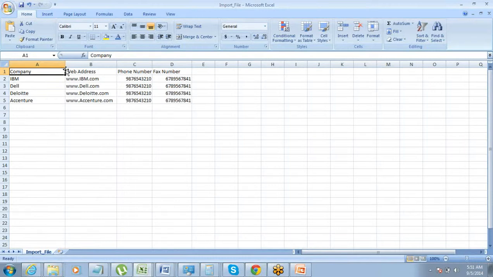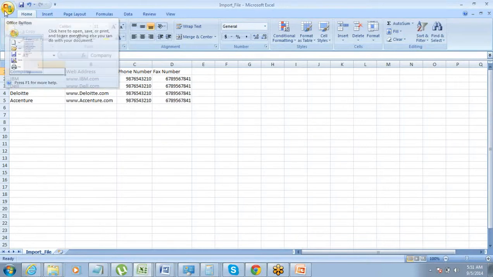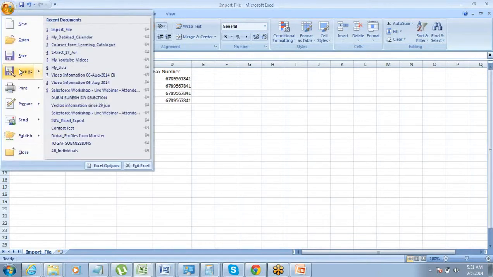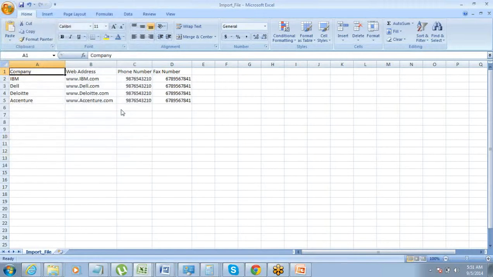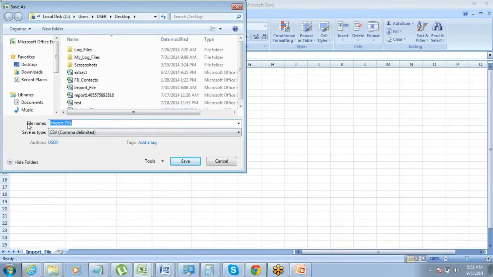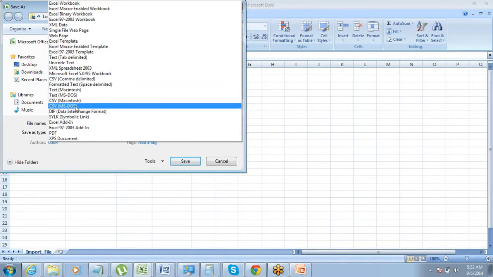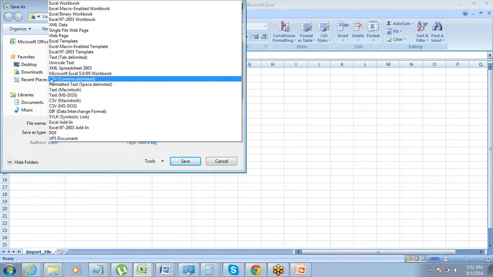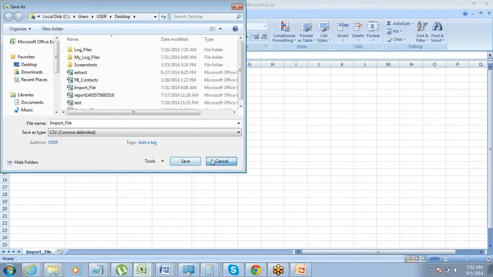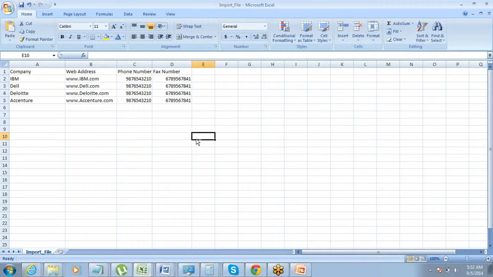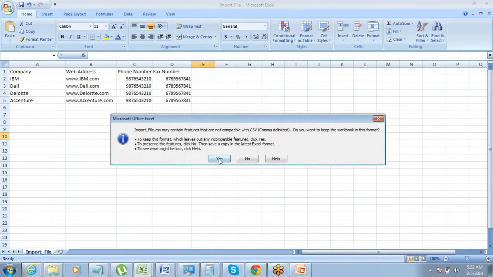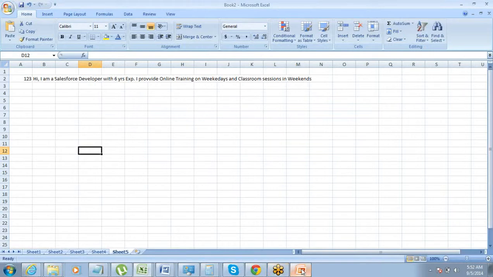Now once you have all the records on the spreadsheet, the next step is to save it in CSV format. So go to this file, save as, give a file name and save it as CSV comma delimited format. So this should be the format of the file. There are 2 more CSV options available, Macintosh, MS-DOS, don't get into that. We want to save it in CSV comma delimited file. Alright, save it in this format. I've already saved it, so I will not need to do anything else. Saved, yes. So my file is ready.